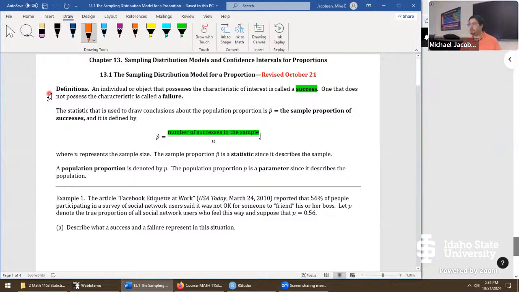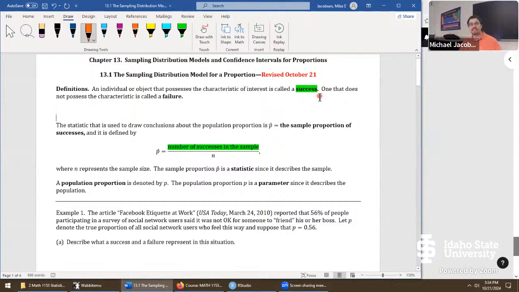This all just seems really kind of random, but let's add more context to this. We need notions of successes and failures because in chapter 13, the data is categorical, with outcomes.